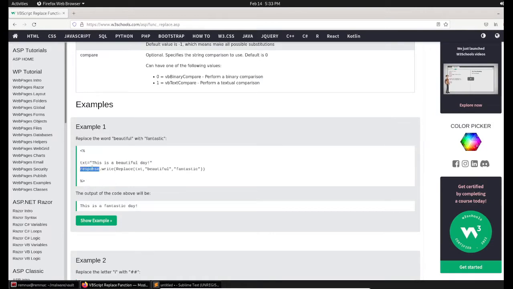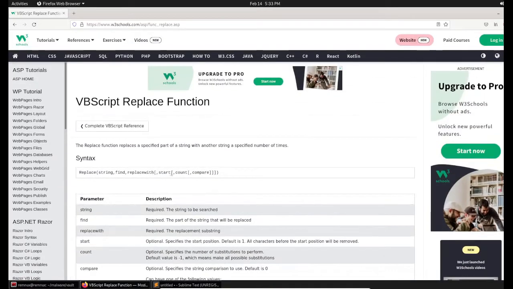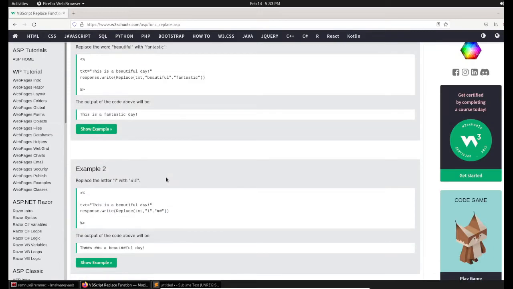And in the next line, they called the replace function, and also the variable txt, which contains this line, and they look for beautiful because the second argument defines the find operation. So it will look for the word beautiful in this sentence, and the third argument is replace with.